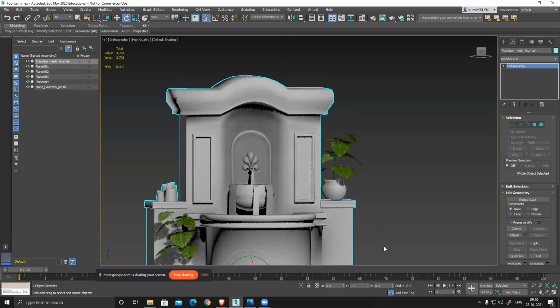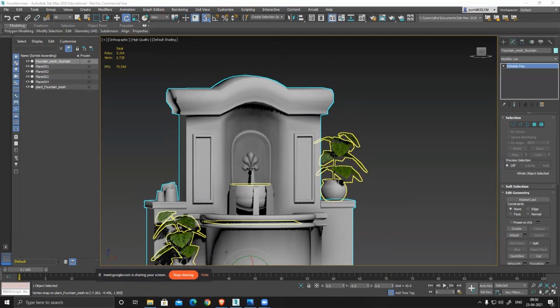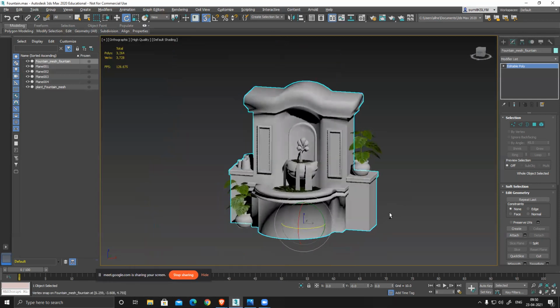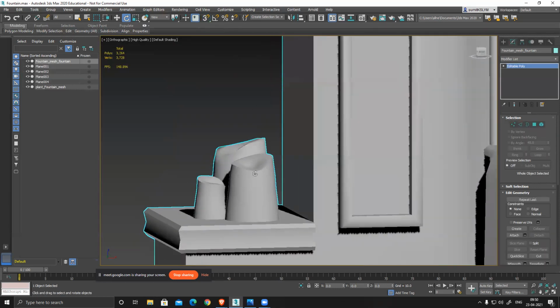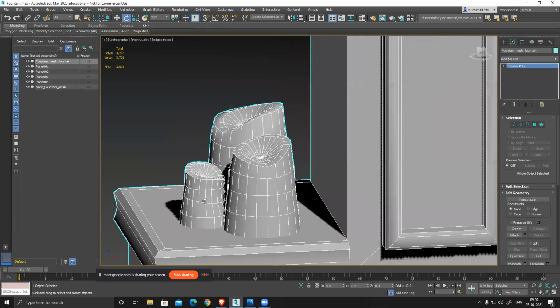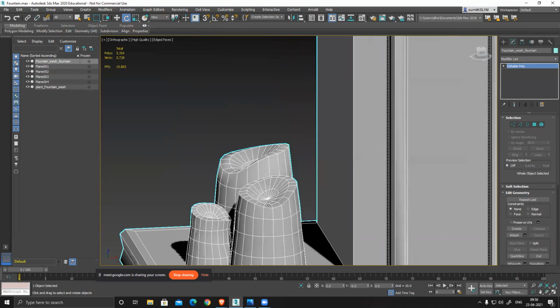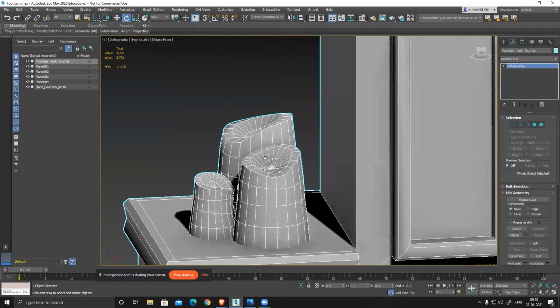So now I need to fix the texture for this. So let's open this thing. So I'll just create this candle thing. And you can see either I have deformation, or if I don't, I have to reduce the poly count and fix everything. And yeah, I can add that flame.